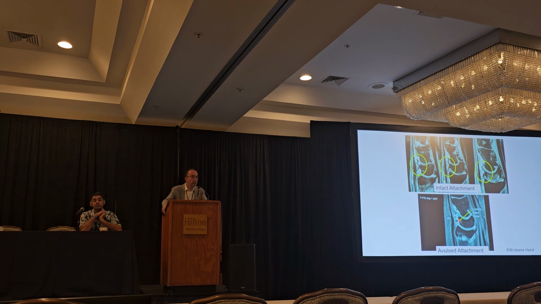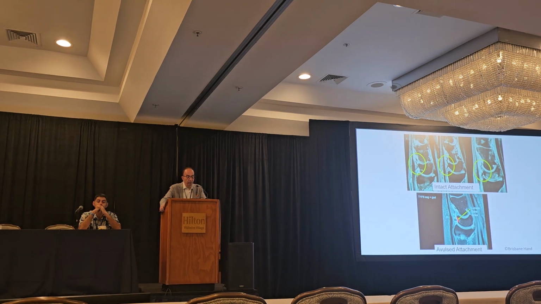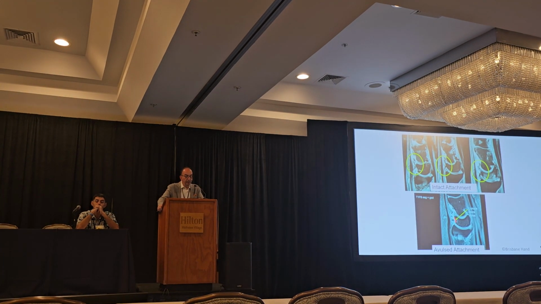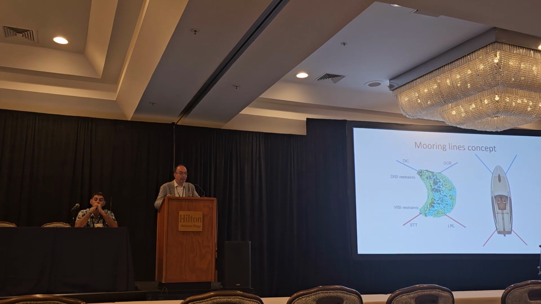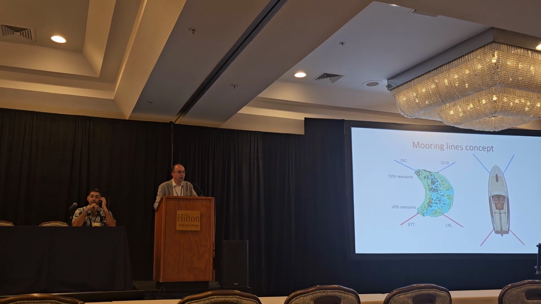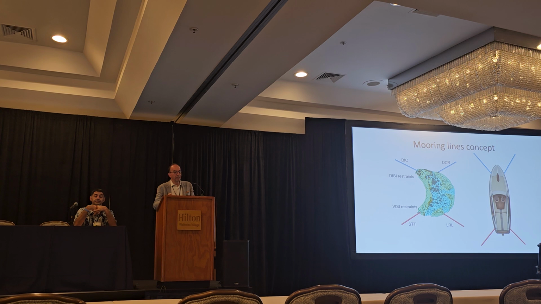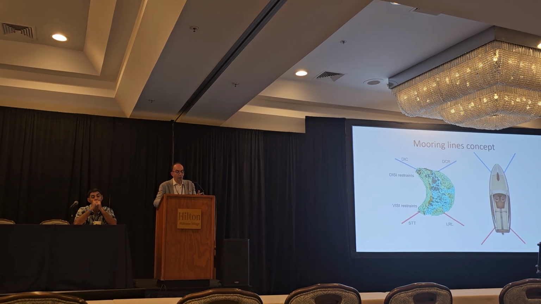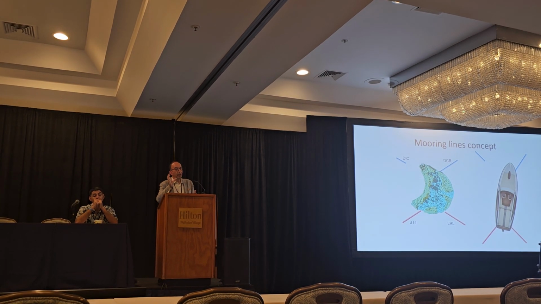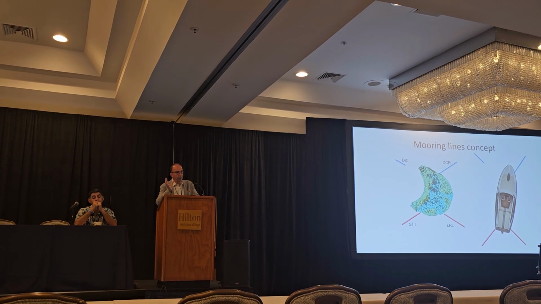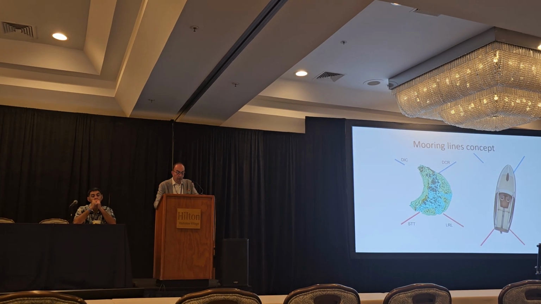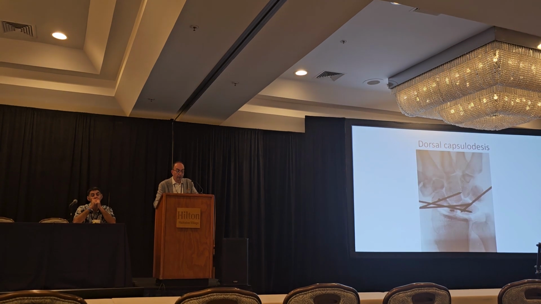These are MRIs from Australia, from Brisbane, that show that detachment from the dorsal part of the lunate, and that led to this mooring ligaments concept that the lunate is kept in place by mooring lines, and if one breaks, then the lunate will shift